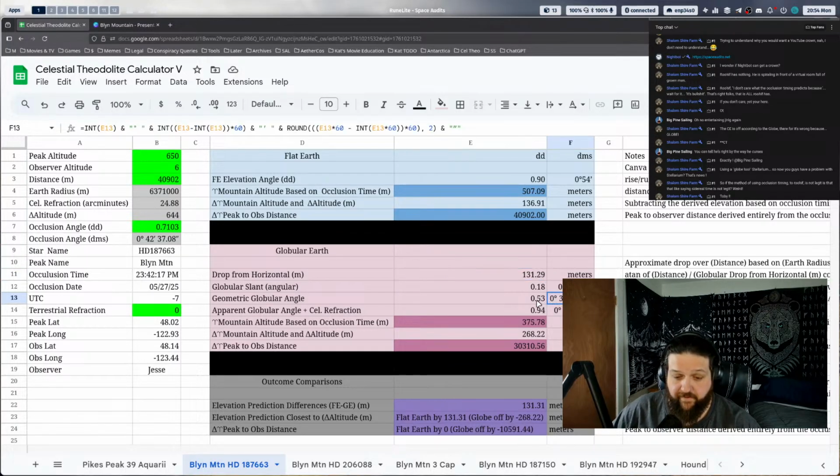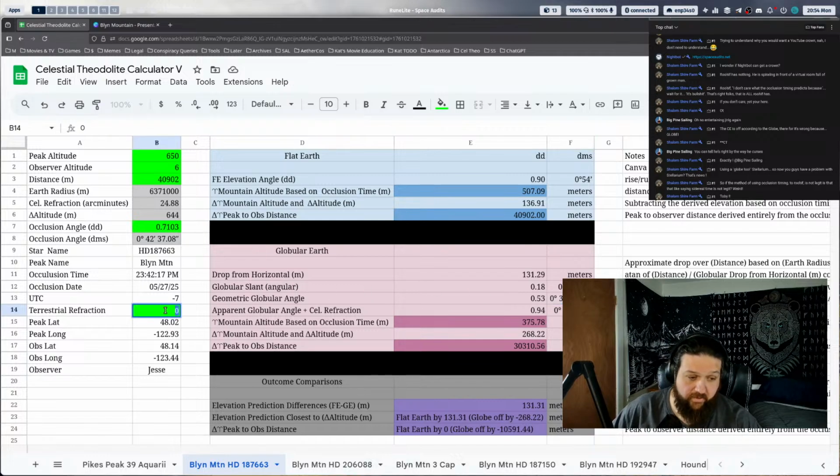And then it's obvious, right? Then it's adjustable over here in case somebody doesn't like it. We could use this over here to make it whatever they say that the globe has to be, because we're only doing triangles here based off of occlusion timing. If there's a disagreement on what the globe predicts, we can change it to whatever they need it to be and the analysis can still proceed.